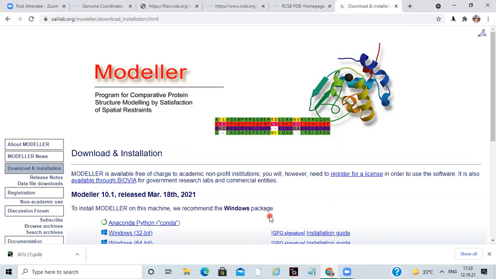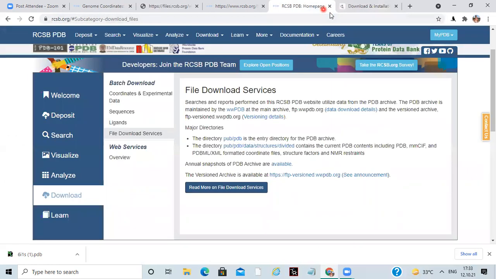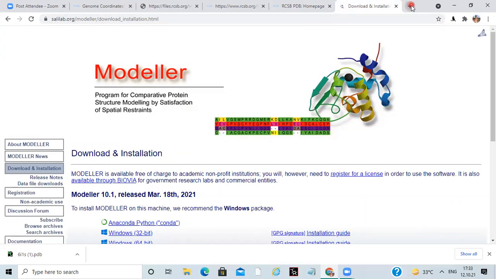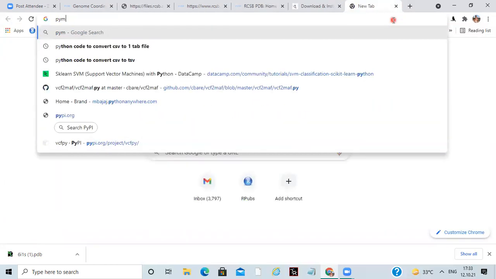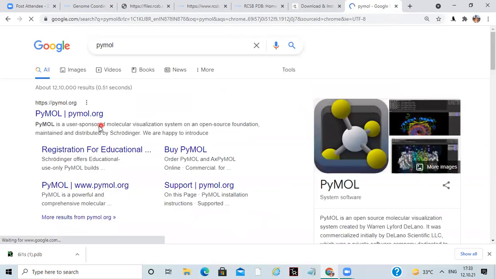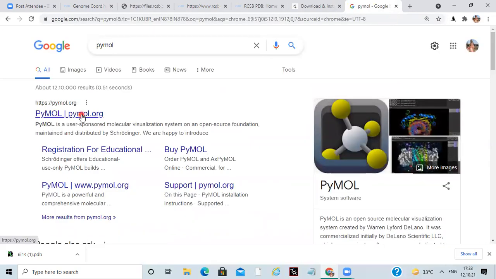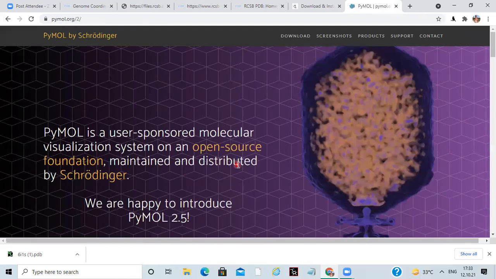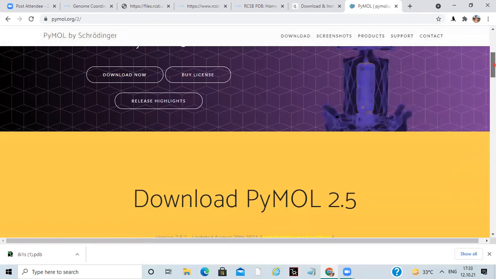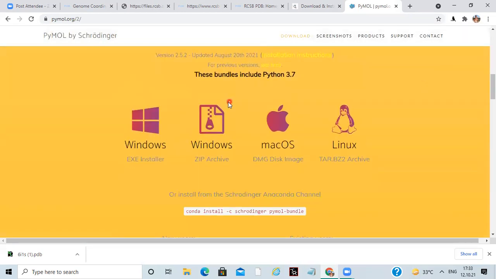In the next lecture, when we work on homology modeling, I will explain Modeller more clearly. Till then, you also have to download the PyMOL software, at pymol.org, and you can register for an educational license. It is free, open to use, and easy to use, and to visualize your structures, you can use this.